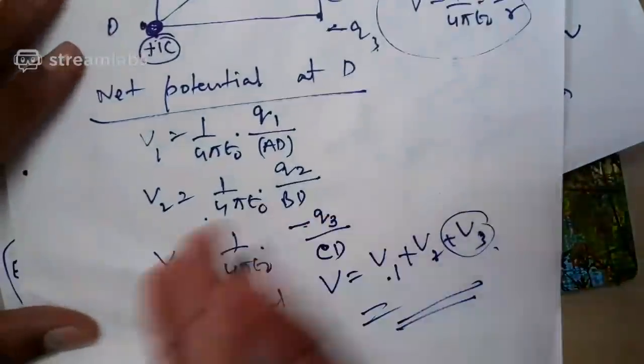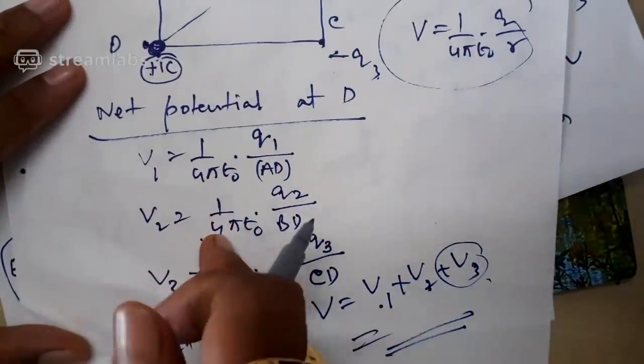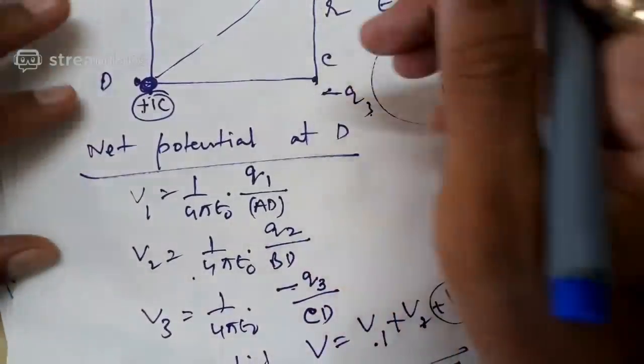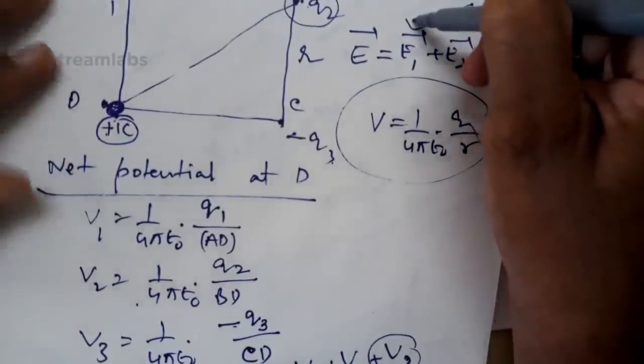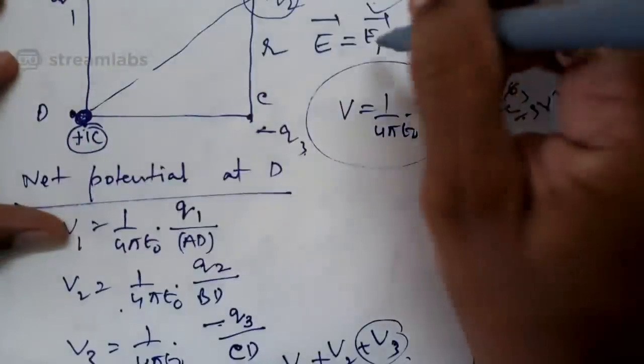That is the difference. Don't you think if there is a problem based on potential, this will be easier? There is no question of drawing a direction and all. So what I am trying to tell you is, net electric intensity at a point due to a system of charges is a vector sum of the electric intensity due to individual charges. Whereas net